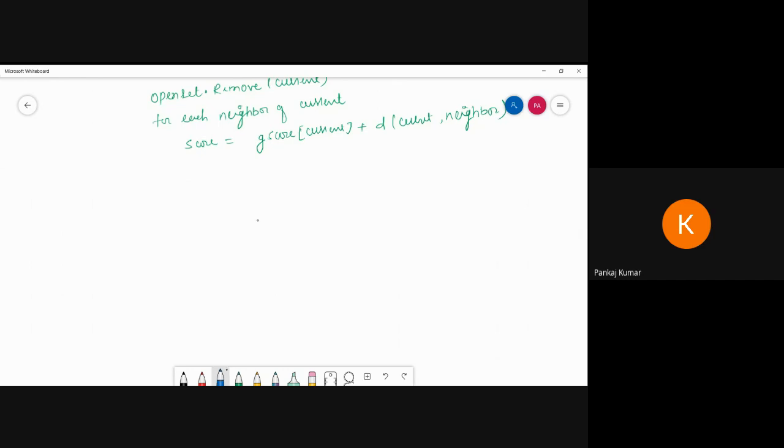So for this one, I am writing: if tentative G score is less than G score of neighbor.